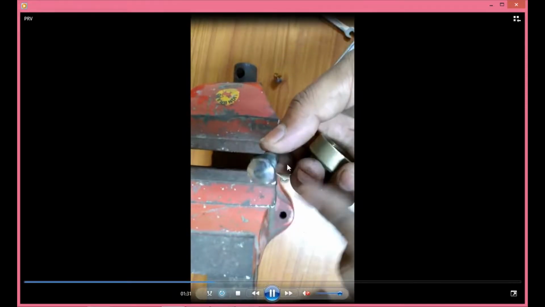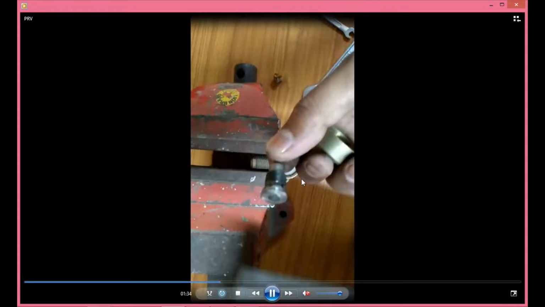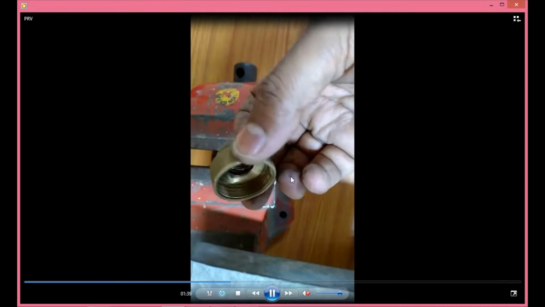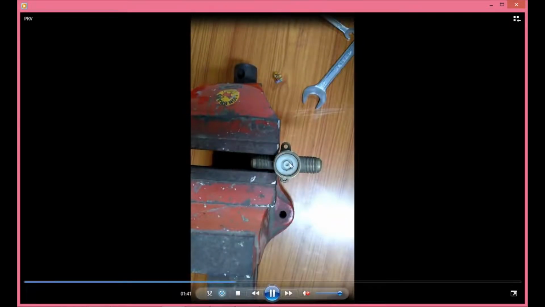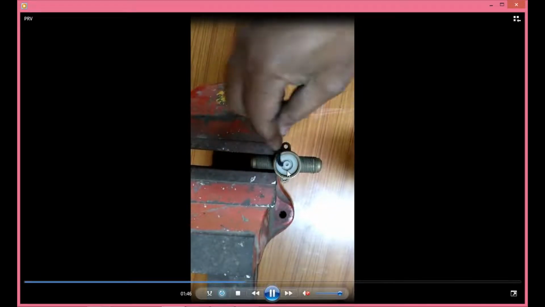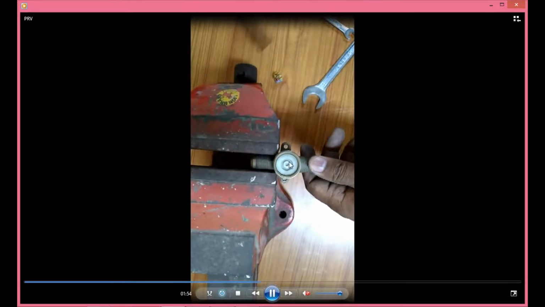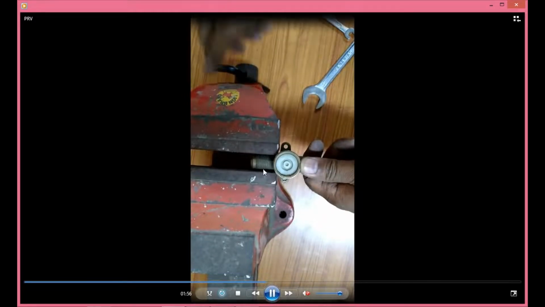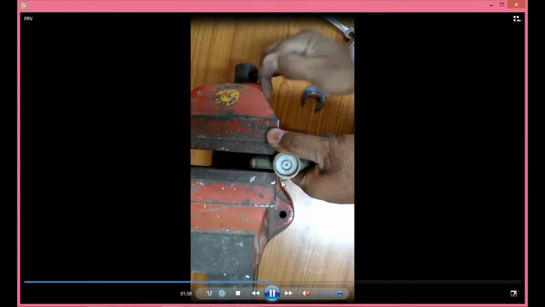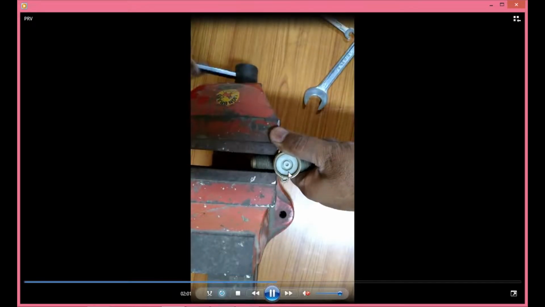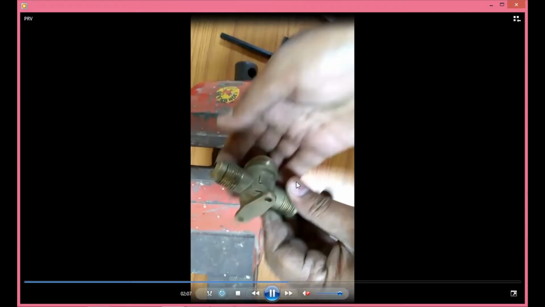Between this oil seat and this plunger there is one diaphragm spring, the helical tension spring. In this assembly the spring is not available, but above this valve seat there is one spring, and this spring applies force on the valve seat. Here you can remove this valve seat by using different tools. If it is not removed, you can remove this body from the bench vise and try to rotate it 180 degrees, meaning this oil seat will be removed. In this way you can remove this oil seat.